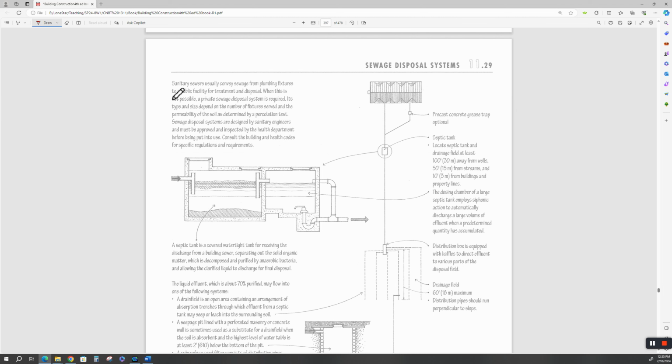So sanitary sewers usually convey sewage from plumbing fixtures to a public facility or treatment disposal. When this is not possible, like out in a rural area where you don't have a MUD district, and some MUD districts, municipal utility districts, only supply potable water. They don't supply the sewage. Sewage treatment's extremely expensive. Lift stations are extremely expensive, and the minimum lift station used to cost $100,000,